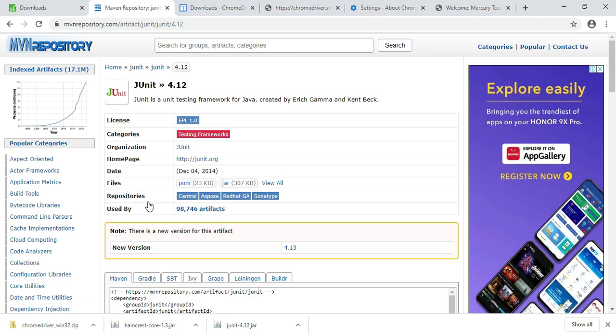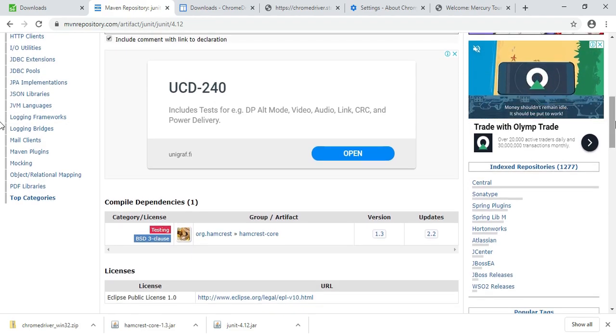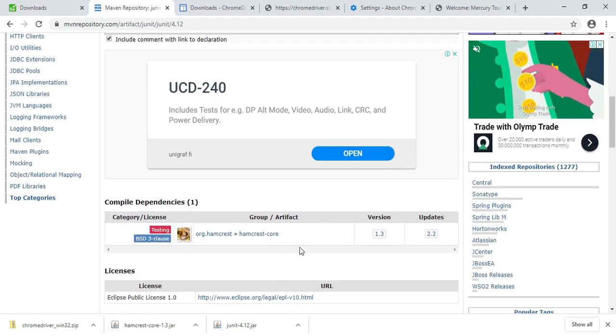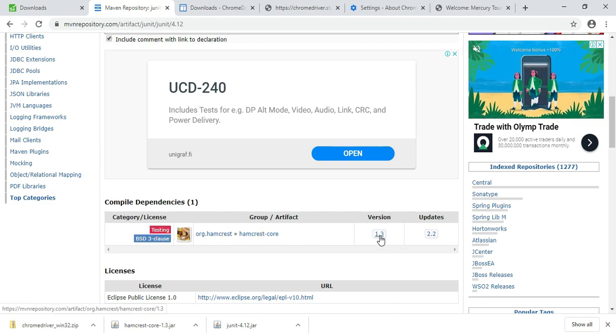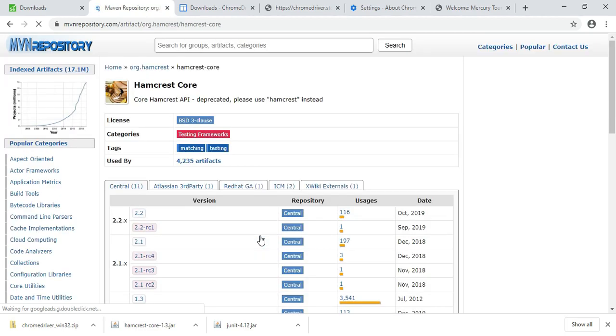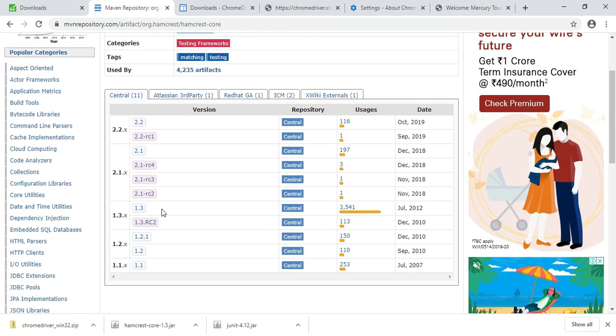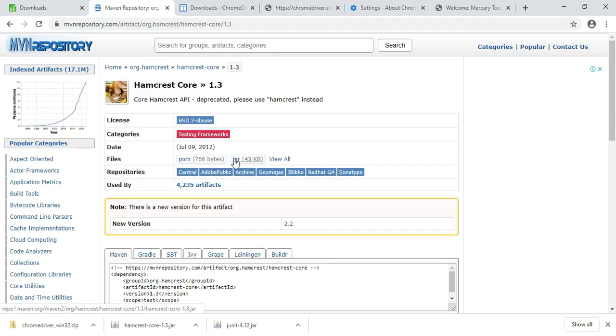To download the jar file you just need to click here and the jar file will be downloaded. But there is one thing I wanted to tell you. After downloading this one, you also need to download Hamcrest Core version 1.3. So go here, and just remember we need to download version 1.3, which you can download from here.